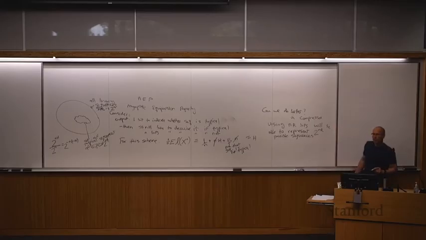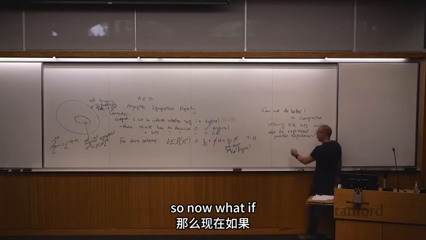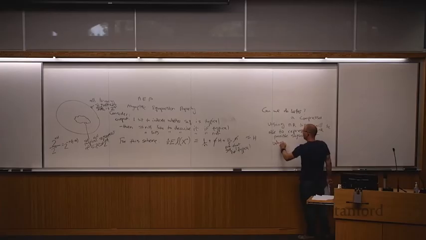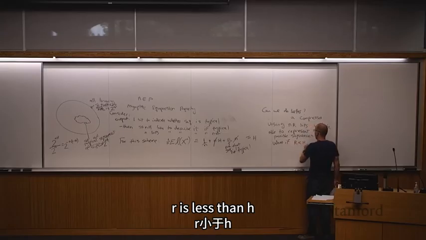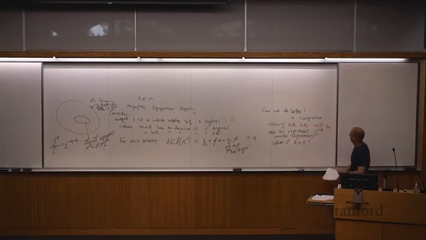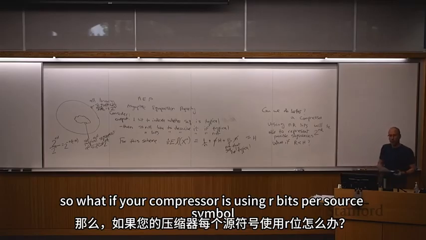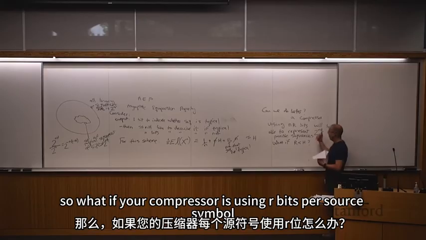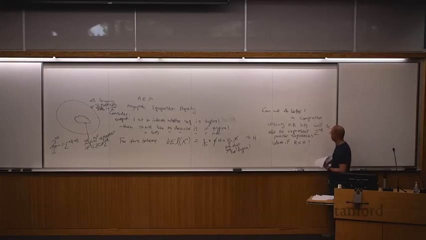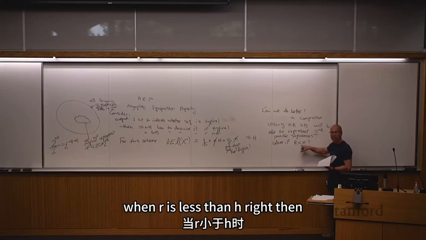So now what if R is less than H? What if your compressor is using R bits per source symbol when R is less than H? Then